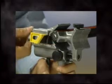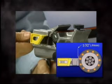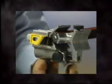Using the knurled knob on the top of the tool, adjust the blade depth so the blade is approximately 1/32 of an inch, 0.8 millimeters, above the concentric neutrals. Depending on how the cable was cut, it may not be perfectly round. So rotate the tool counterclockwise and check to assure the blade is above the highest neutral on the cable and